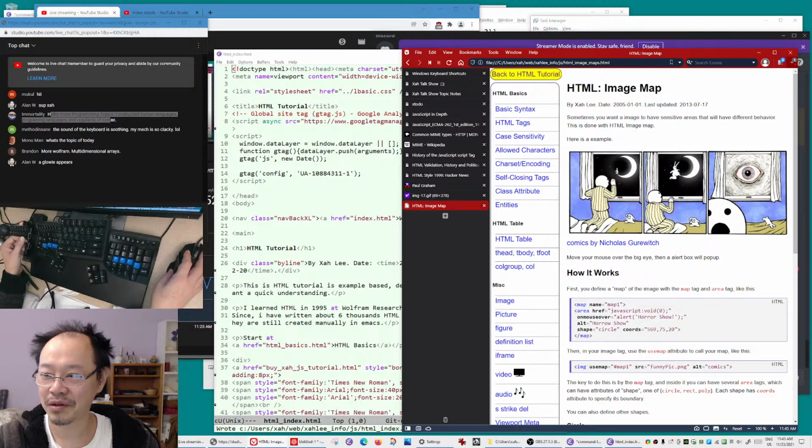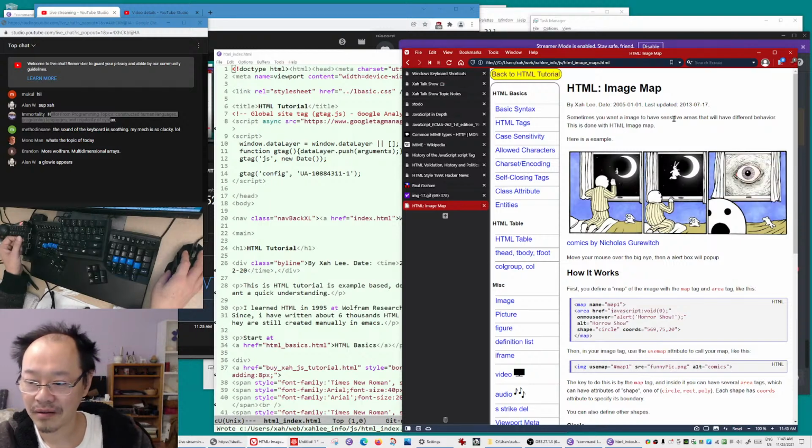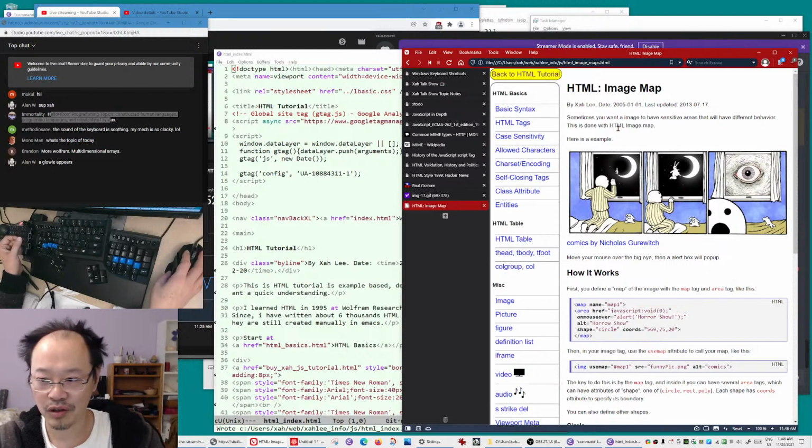Oh, I need JavaScript on, or wait. Here's an example: sometimes you want an image to have sensitive areas that have different behavior. This is done with an HTML image map. Move your mouse over the big eye, then an alert box will pop up. No, it's not popping up.